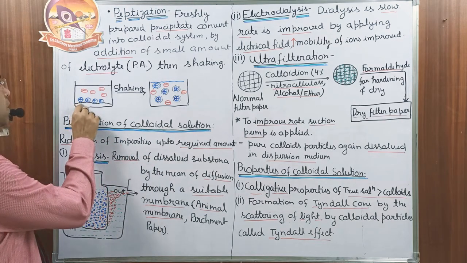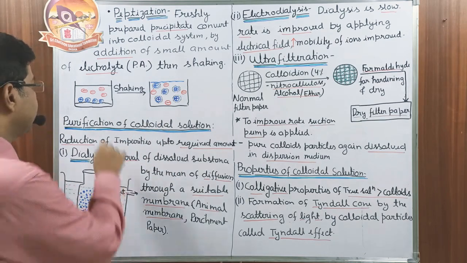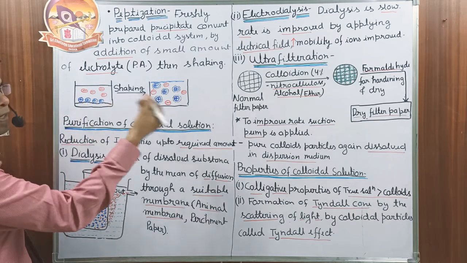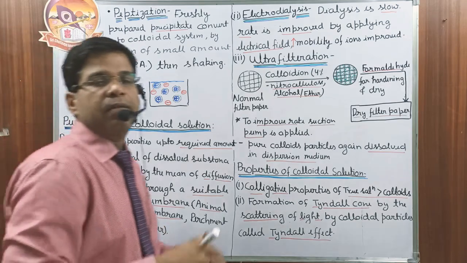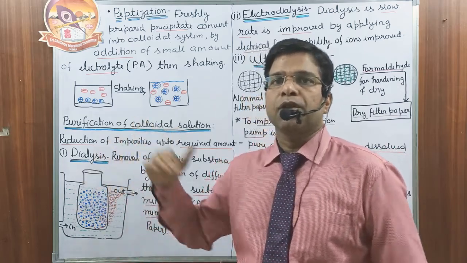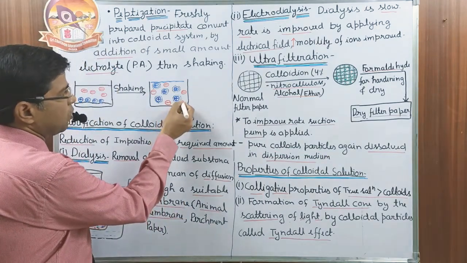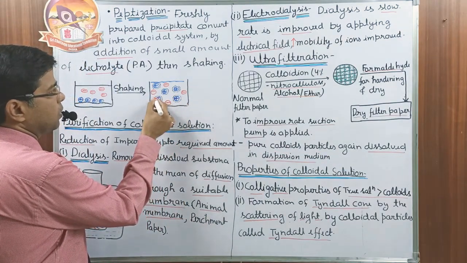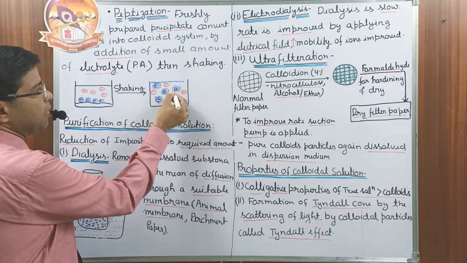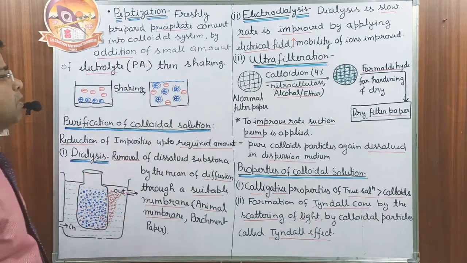Look, this precipitate only absorbs either the cation or the anion. Then on the surface of the precipitate, we either have the positive charge or the negative charge, and similar charges always repel each other. Then we shake the material. What happens? Positive charges repel each other and they separate, and whenever they separate, they also take some part of the precipitate on their surface. These black dots represent the precipitate particles present on the electrolyte.